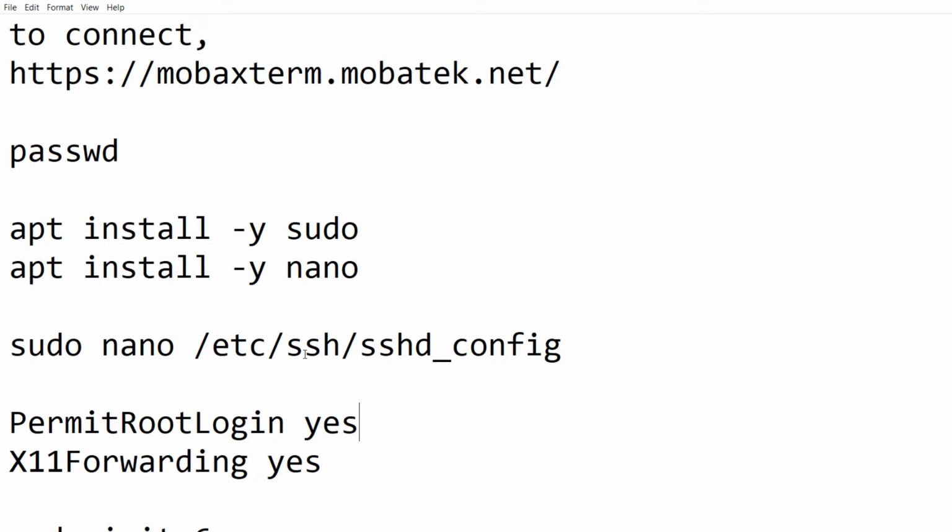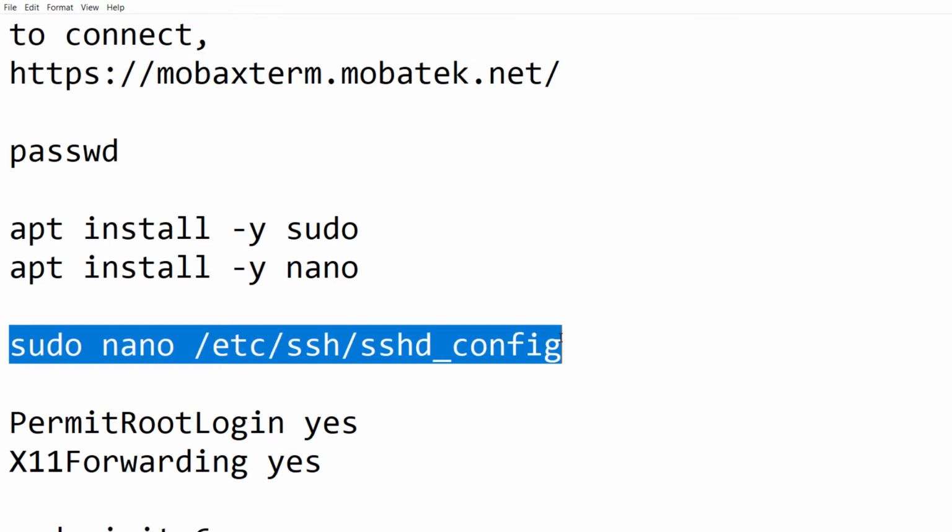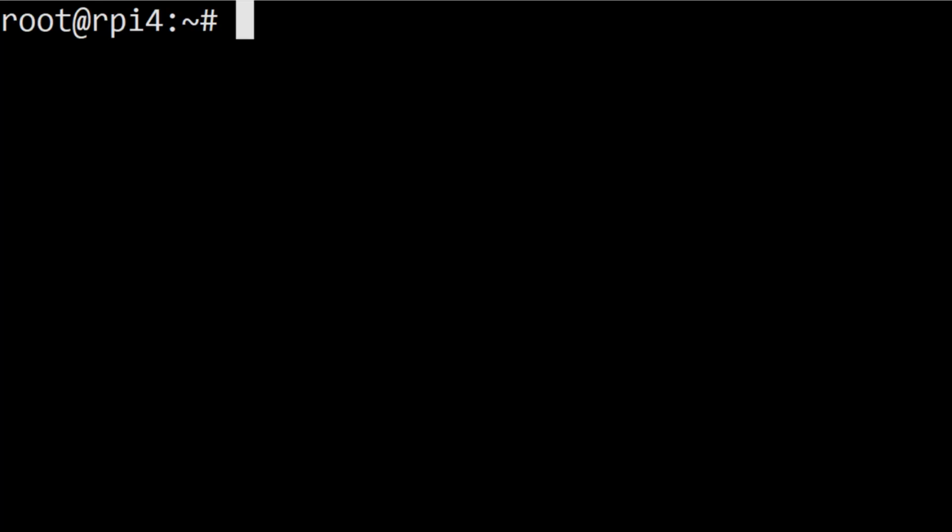So basically there is a directory in the root directory, etc, and then we have another directory in that known as ssh. In that ssh directory we have sshd_config. So in case you want to enable X11 forwarding or allow root login, then you have to edit this file. So there are a few settings that we have to enable.